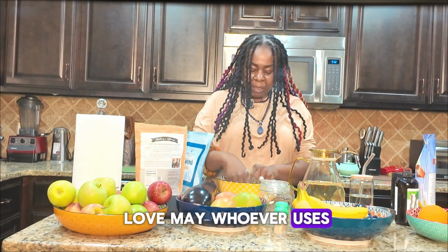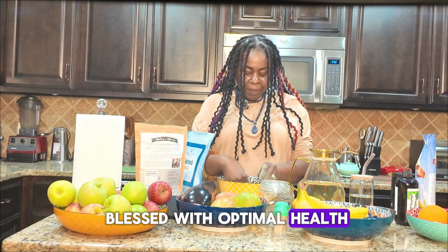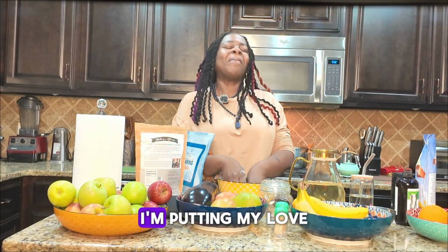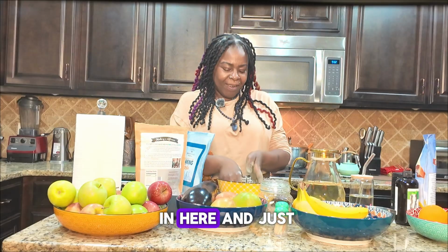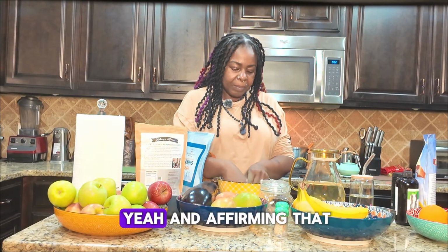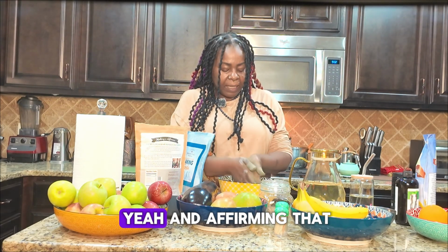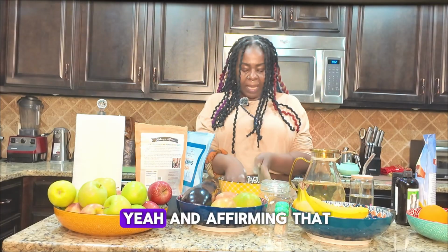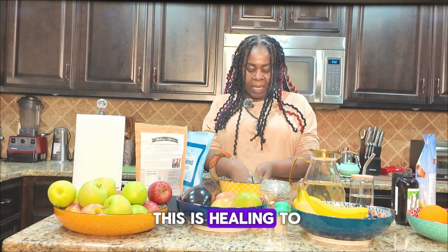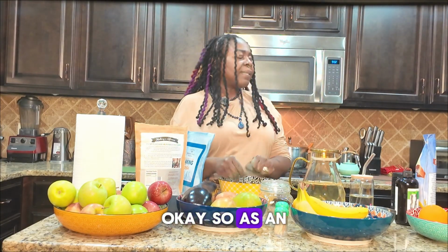May whoever uses this tooth powder be blessed with optimal health, wellness, made with love. I'm putting my love in here. I call in my healing energies. I am putting my healing energies and affirming that this is healing to whoever uses it. Okay, so as an added bonus,